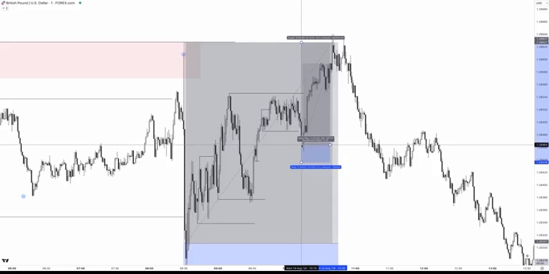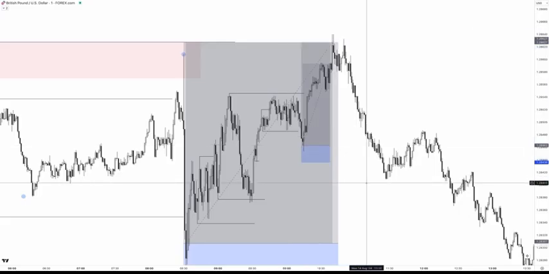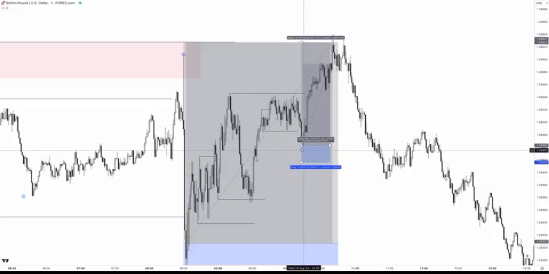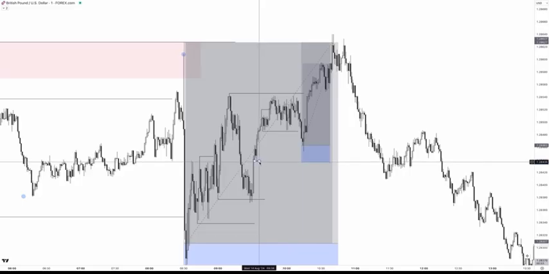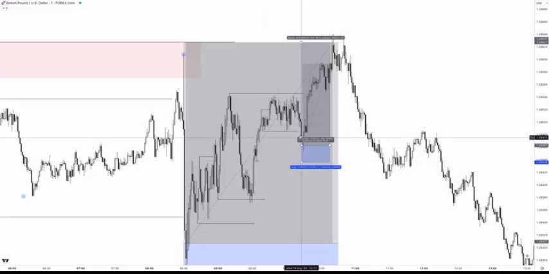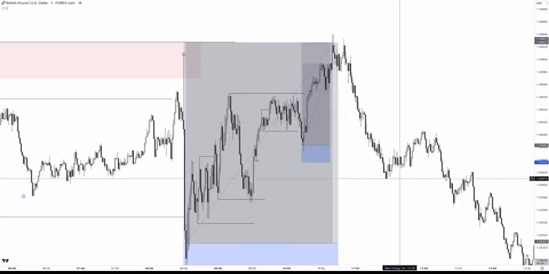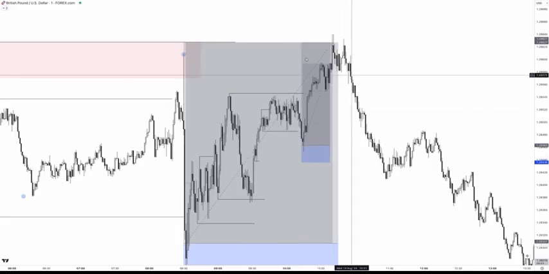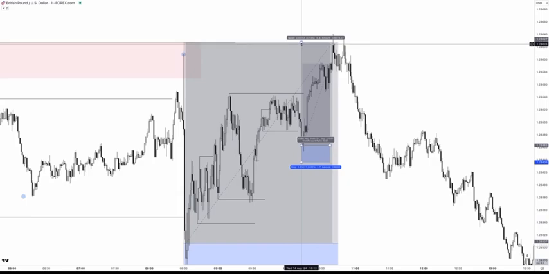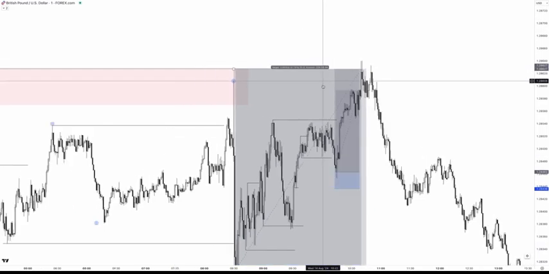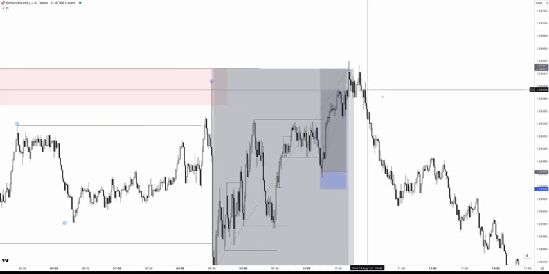Since I was going to drop less than the usual volume I drop, I wanted a smaller stop. For that reason, I waited for a deeper pullback. And yeah, I entered right here, keeping my stops below this liquidity block. Buyers were trapped right into the liquidity block, engineered liquidity at the highs, and then I targeted this high, because I knew the market needed to come for these highs, or that's what I was